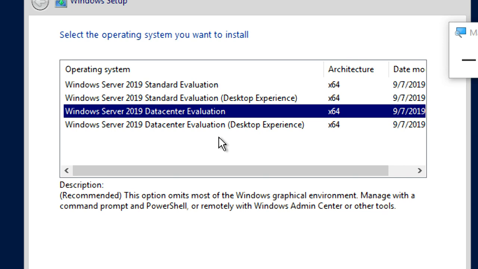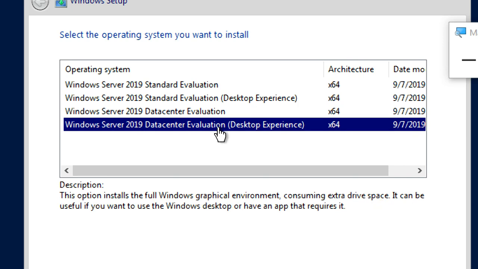We don't have a physical environment or multiple servers here to show you how that works. Always select the last one: install full Windows graphical environment, consuming extra drive space. It can be useful if you want to use the Windows desktop or have apps that require it.